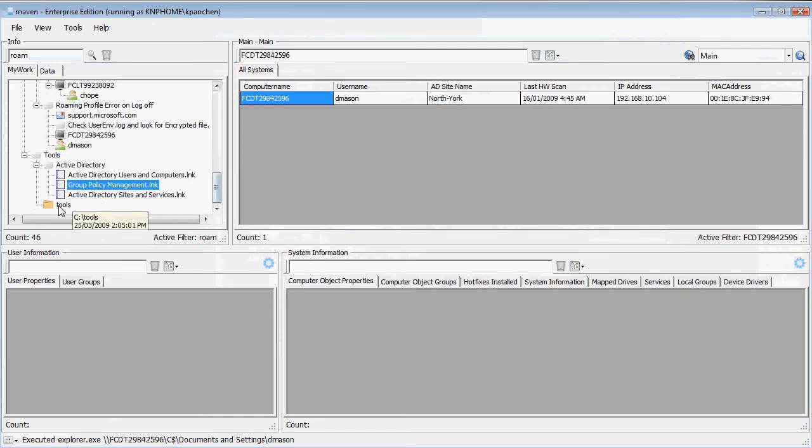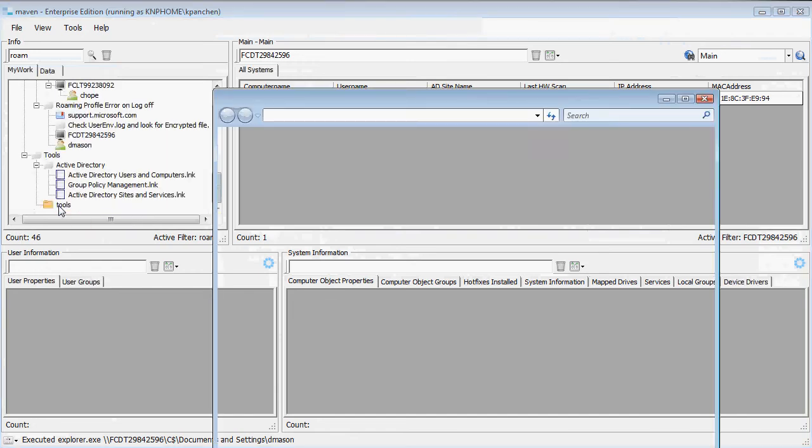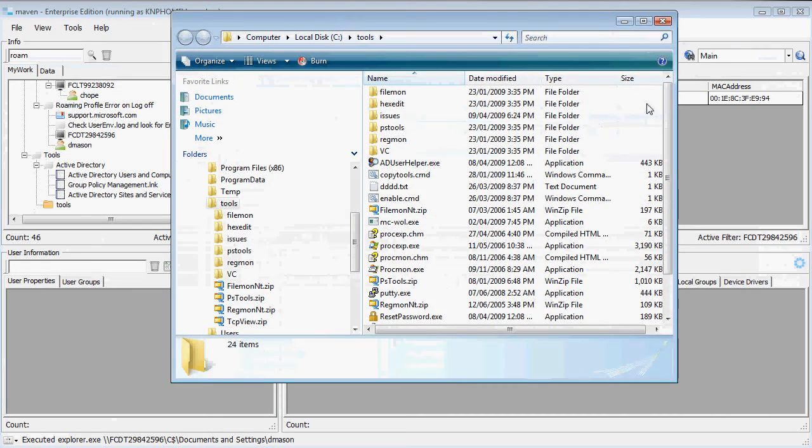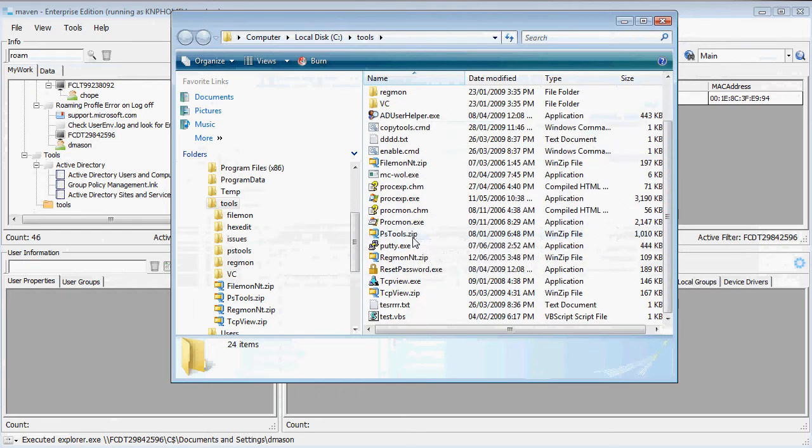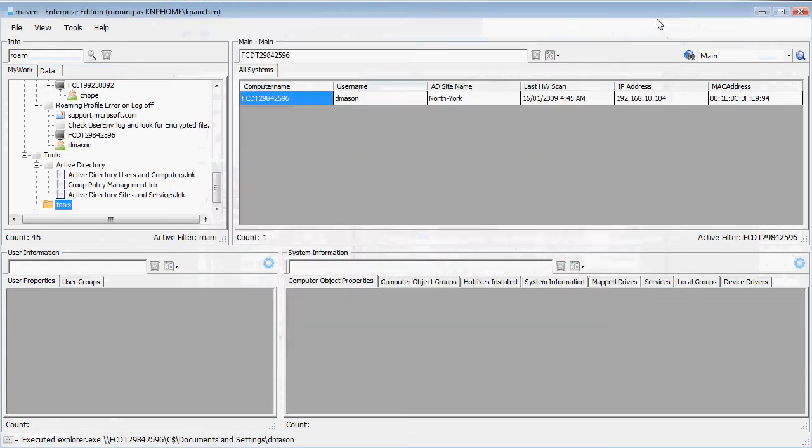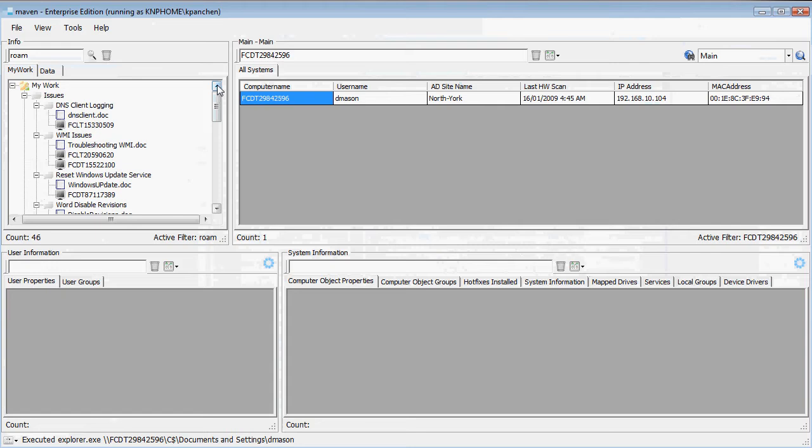I have a folder here called C Tools, which has a lot of the different tools that I use on a daily basis, and I leave that there as well in case I need to copy these files to another machine for additional troubleshooting. When you would like to record a new issue, you would simply right-click and add a comment,